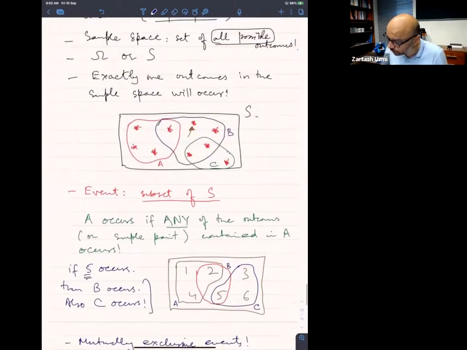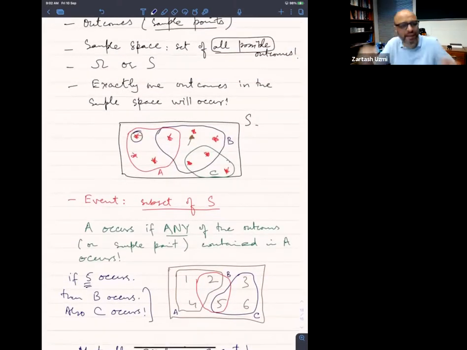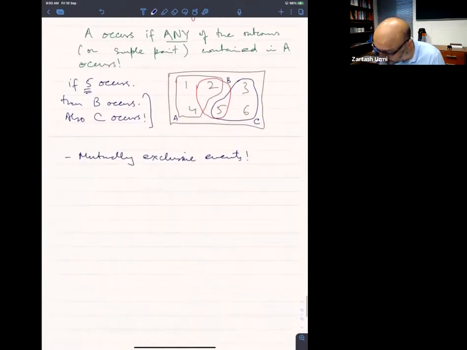If you look at the outcomes, each outcome is also an event. Each outcome can also be regarded as an event. वो एक ऐसा event है जिसके अंदर एक ही outcome है. जैसे यहाँ पर A के अंदर 4 outcomes थी, B के अंदर 1 2 3 4 5 outcomes थी, C के अंदर 3 outcomes थी, but each outcome itself can be regarded as an event. And since these outcomes do not happen simultaneously, all those events जो एक ही outcome को include करते हैं, all those events are going to be mutually exclusive. In this example,